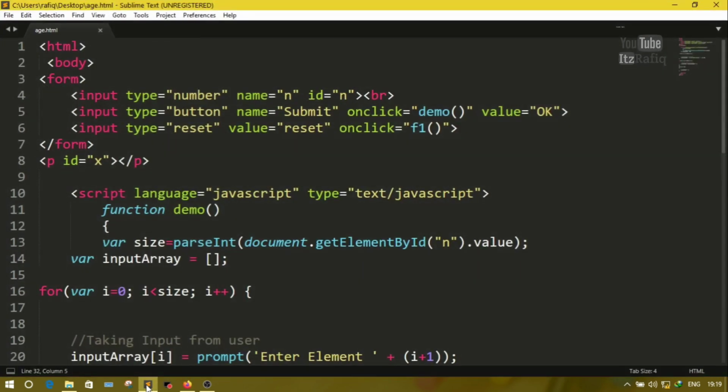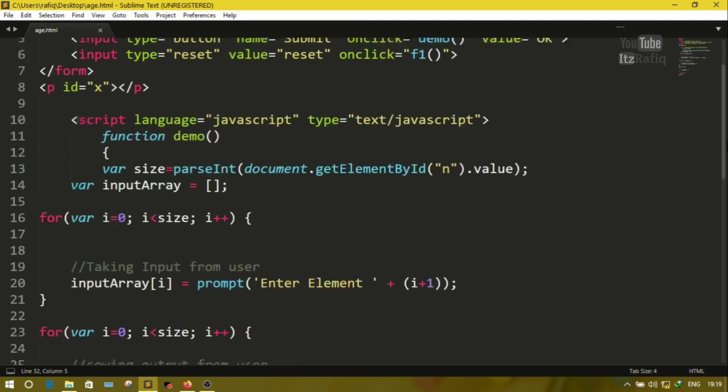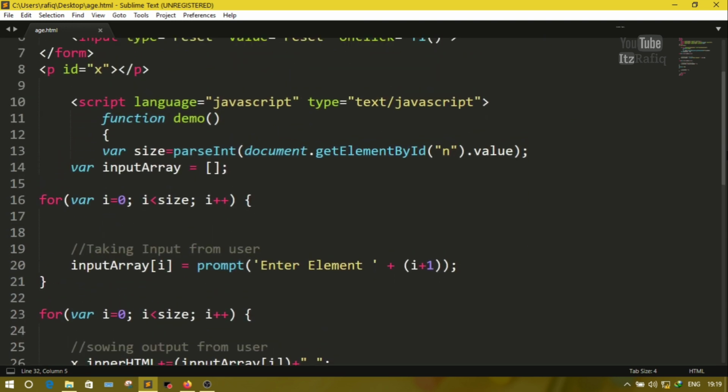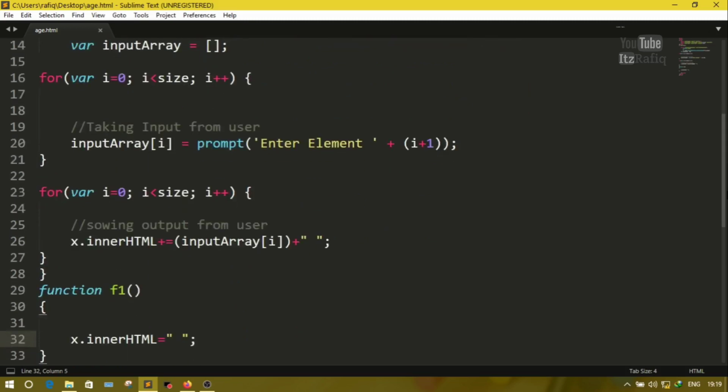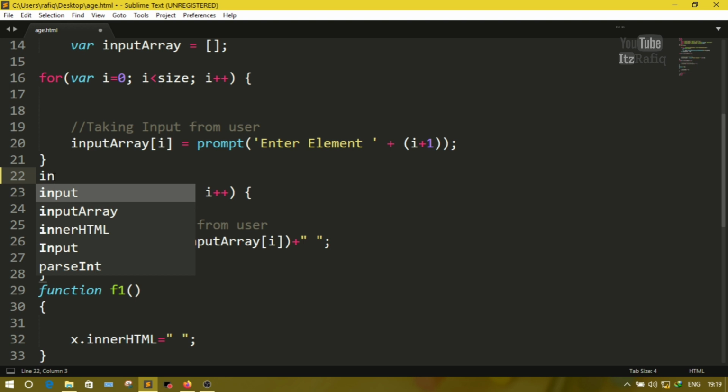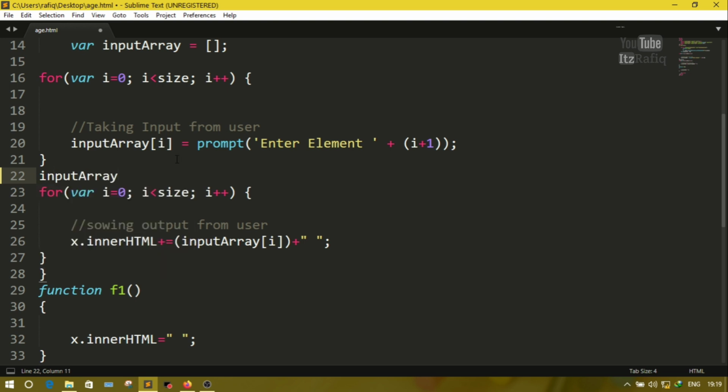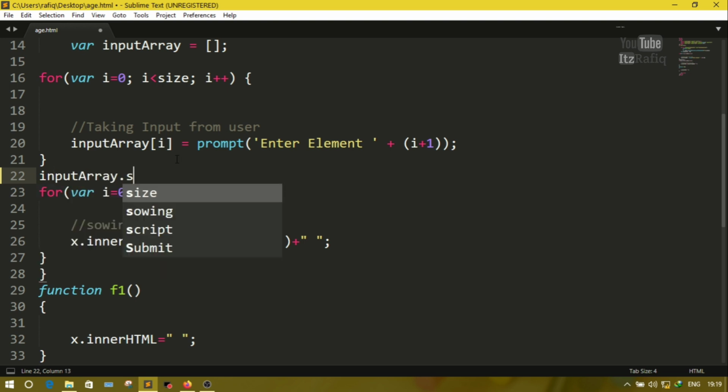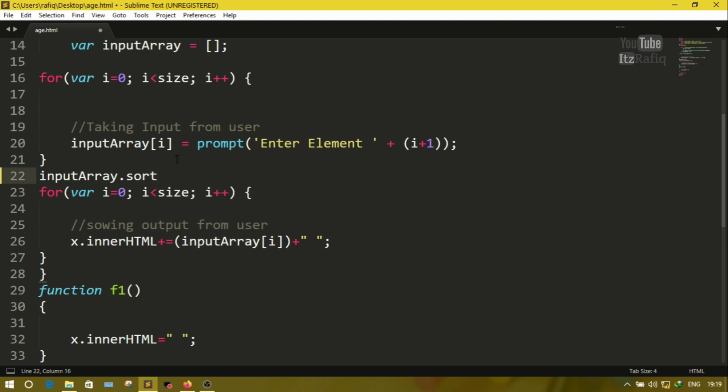Now let's go back to the code. Suppose I want to sort the elements of the array. I want to display the output in ascending order. For that, we'll go to the output section. Here we are displaying the output. So before the for loop, we'll write inputArray.sort(), S-O-R-T, brackets open and close, semicolon. Save the file,